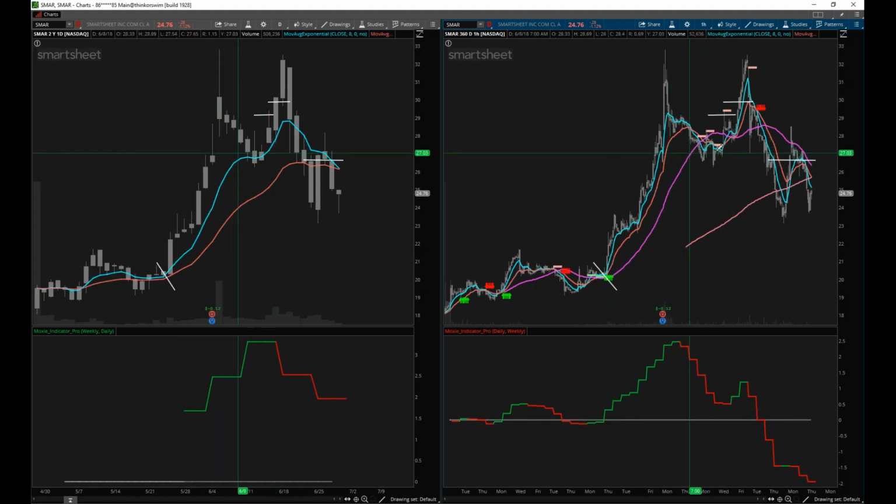We have a trampoline move. So price below the 50, but the indicator still above 0. We run up. I actually added to the position a little bit here, and what did it do? It went right to the previous top. And what do we get? We got negative divergence. So there you go.